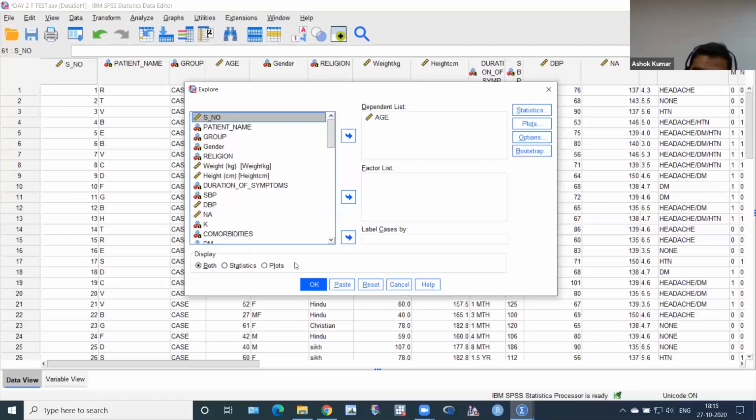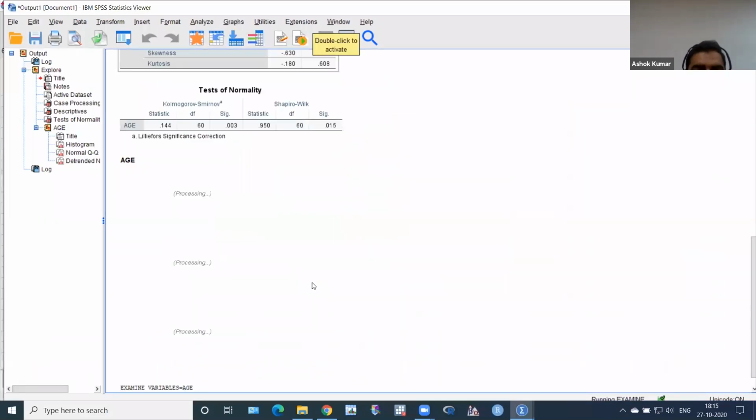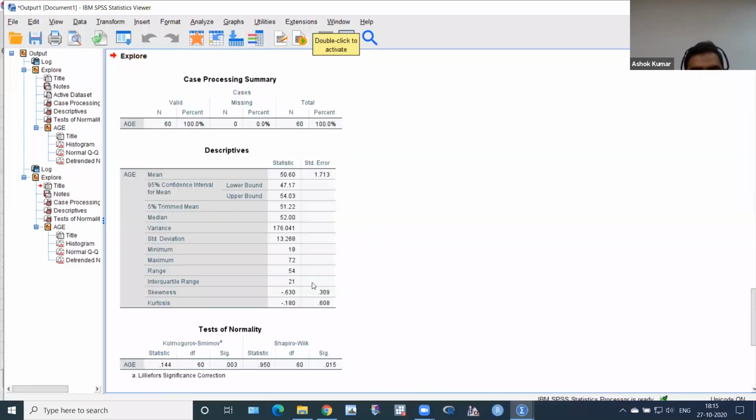and as we have selected all the things, just click OK. And what you see, we have to wait for it. Where is missing? Missing is 0. 60 cases. Oh, it's very good. And you can see in descriptives there is a mean and a standard error, and a 95% confidence interval of the mean. Very good. This is a median also, variance also, and this is a standard deviation. This is minimum, this is maximum.